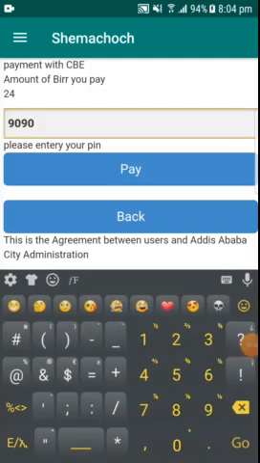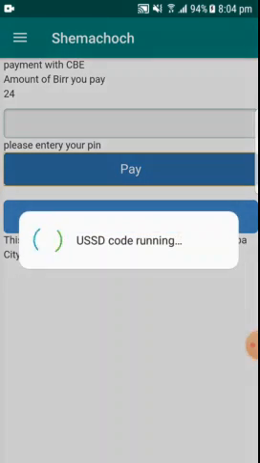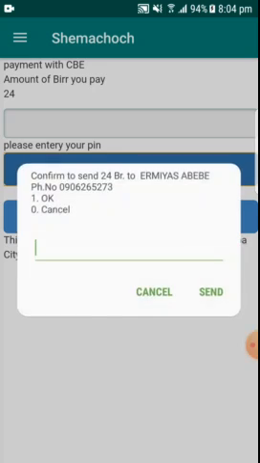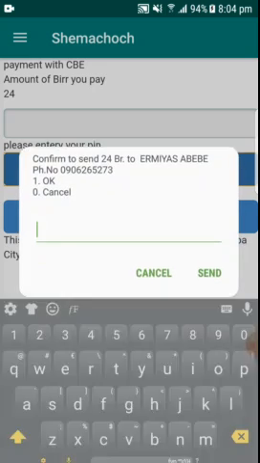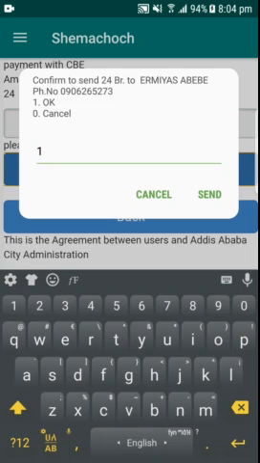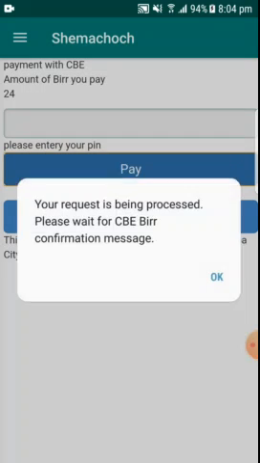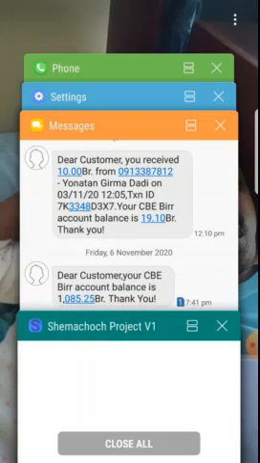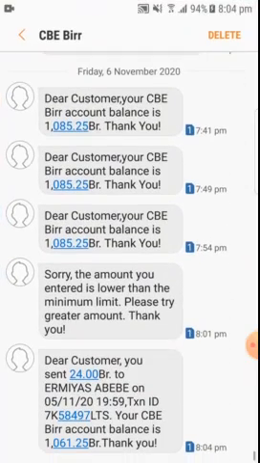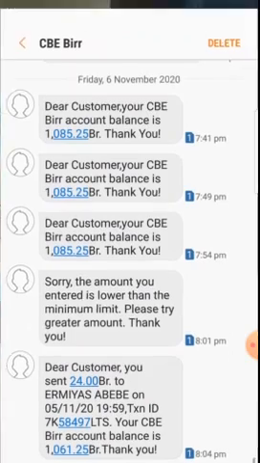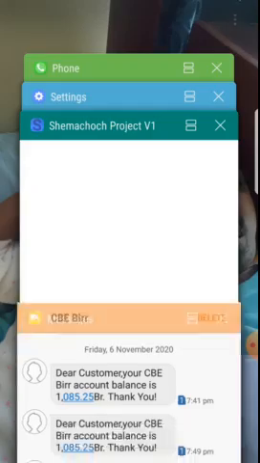I think CBE BIR. So okay, fine, yeah, done. Okay, I think the transaction takes place. See, okay. So automatically when this happens,